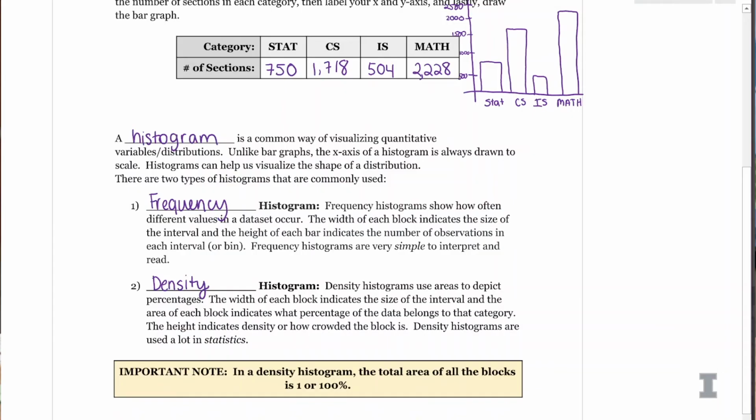So besides the labels, are the histograms going to look different? The histograms are not going to look different, just the scale of the y-axis is going to be different. In the density histogram, the areas have to add up to 100%, and in the frequency histogram, the areas actually don't mean much and are going to be a lot bigger than 100%. So the shape is going to be the same for the two histograms, but the scale of the y-axis is going to be different. Awesome. And yeah, have fun with histograms.